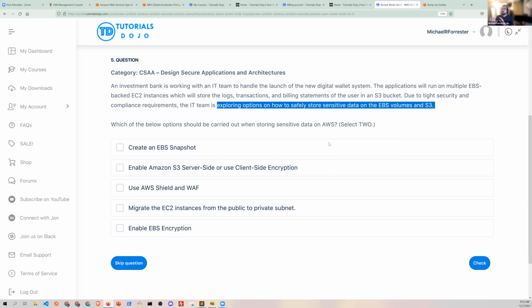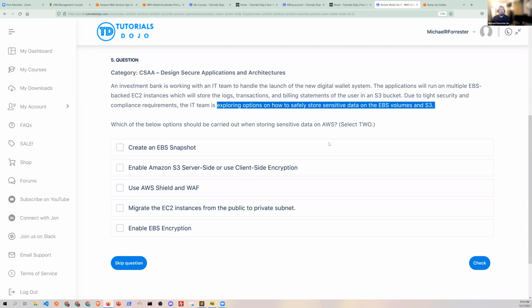First of all, just a general question for all of you. What do we do to hard drives or to any kind of data storage device when we want to protect sensitive data? Encryption. That's right. Gayatri, good. Encryption. So the question here then is that if that's what we're concerned about with data at rest, then all we need to do is look at the answers for encryption options for S3 and EBS, right? So based on what I just said, what do we think the answer is going to be? And I usually use A, B, C, D, and E, by the way, for the letter designations.